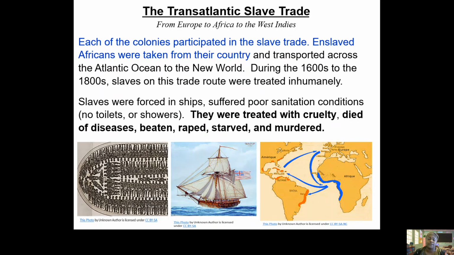No showers, no toilets. They were in shackles. They were in chains. They were treated very cruelly, being beaten, being raped, starved, even murdered on those ships. And this lasts as early as the 1500s, way into the 1800s. So for nearly 300 years, traveling from Europe to Africa to the West Indies, and then to America